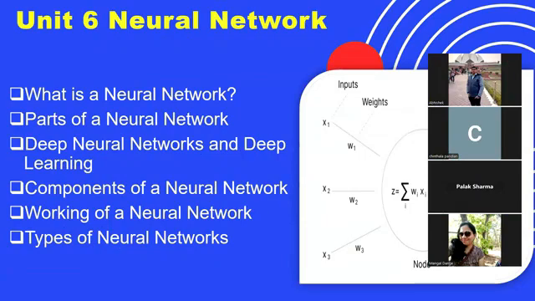After that, you have the neural network. Neural network is quite technical, but that forms the basis of the college curriculum also. The neural network chapter is there in the college curriculum also. So a small foundation is there in class 12. Now, all these topics, what is a neural network, parts of a neural network, components of a neural network, the different working of neural network, different types of neural network, all that is there in this chapter,